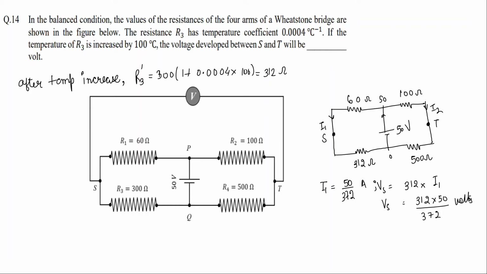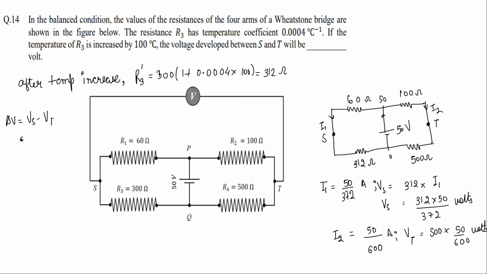Okay, so now this I2 would be 50 divided by 500 ohm plus 100 ohm, that is 600 ohm. This would be ampere, and this Vt would be 500 into this I2, that is 50 by 600. This is volts. Okay, so now we are required to find this potential difference delta V, which is Vs minus